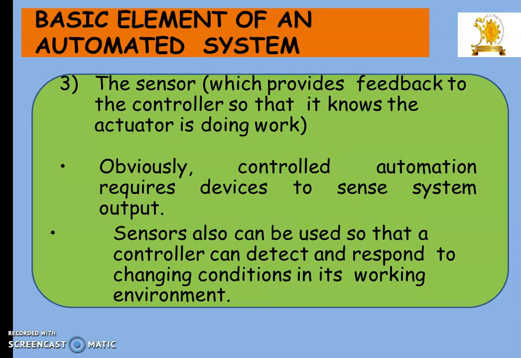The third important part of automated system is the sensor, which provides feedback to the controller so that it knows the actuator is doing the work. Obviously, the control automation requires devices to sense the system output. The sensors can also be used so that a controller can detect and respond to the changing conditions in its